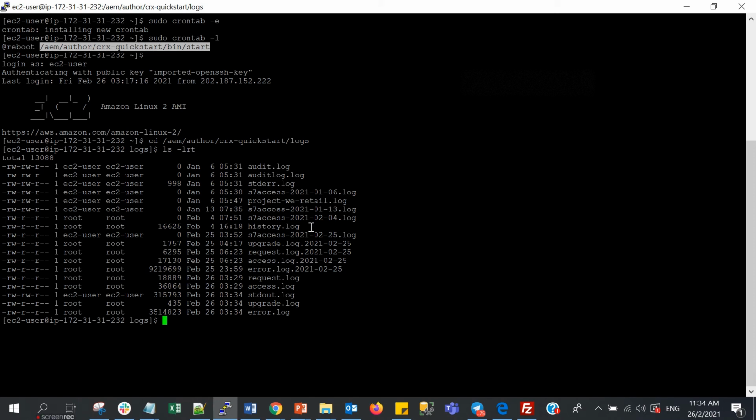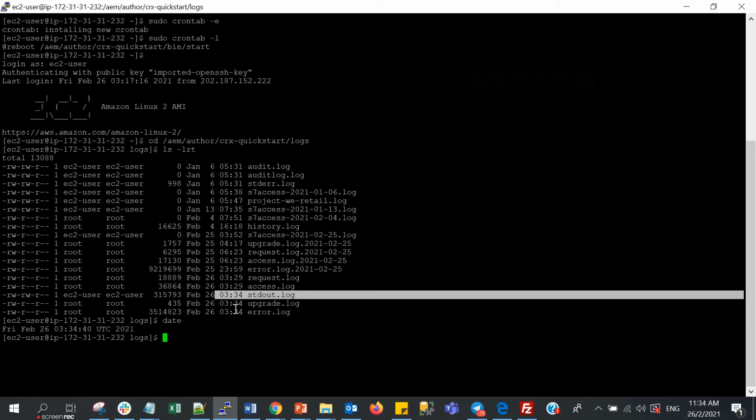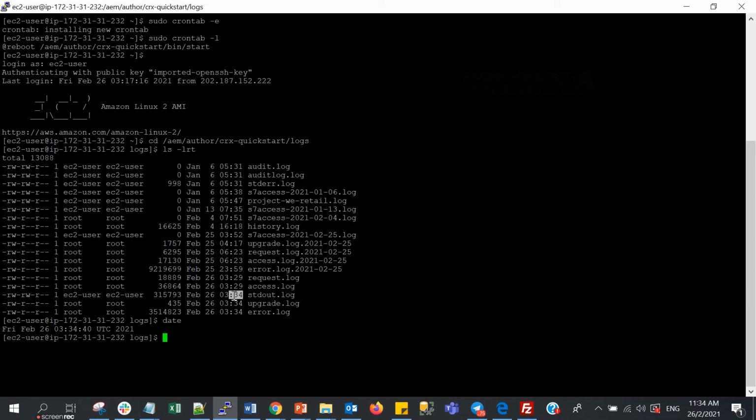So if we check the date, this is still using UTC time, and the server time is 3:03:34, and we can see the last update on the log is on the same date, at the same time, meaning that there is an update on this log.